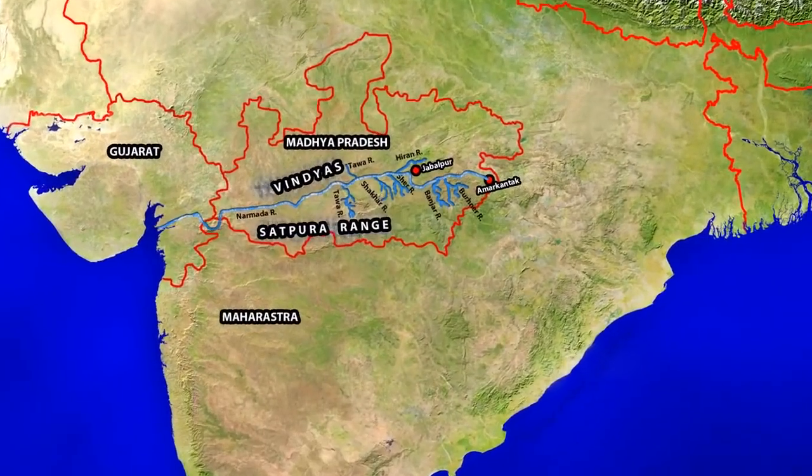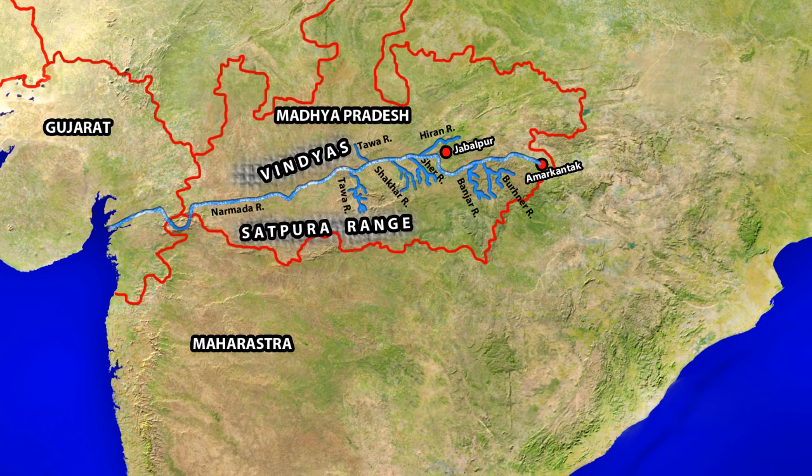The Narmada. The Narmada originates on the western banks of the Amarkantak Plateau. Rising from the Amarkantak hill in Madhya Pradesh, it moves along the Mandi hill towards the Satpura range before reaching Jabalpur and passing through the Marble Rocks.